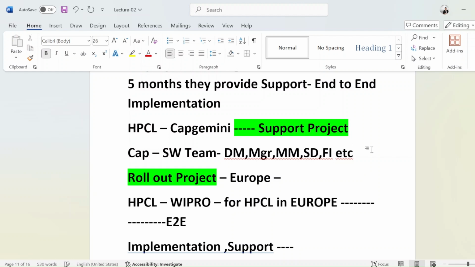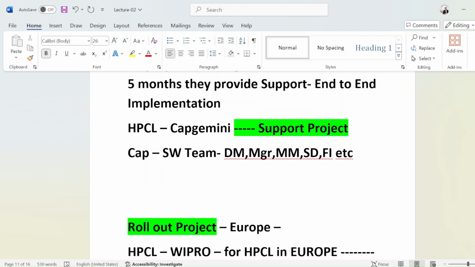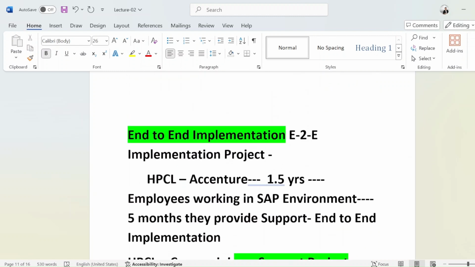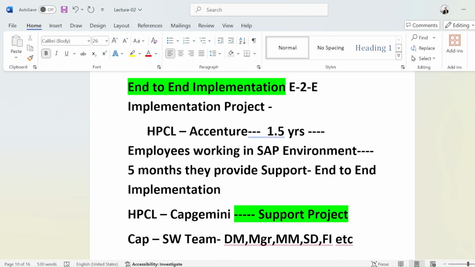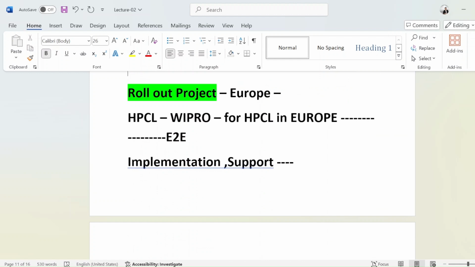Now we will discuss what a rollout project is. So what's a rollout project? Let's suppose we are talking about Balco, which has a plant in India and also a plant in another country, doing the same business there, like in European countries.